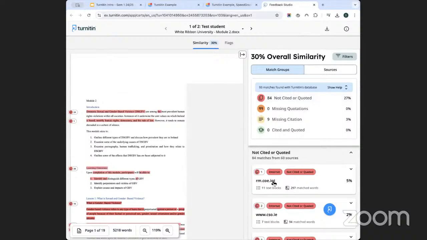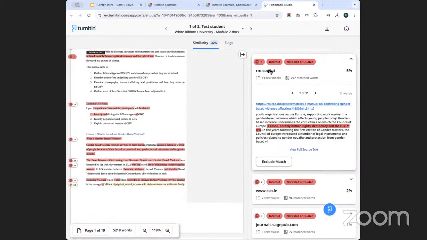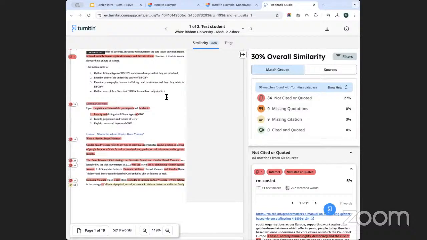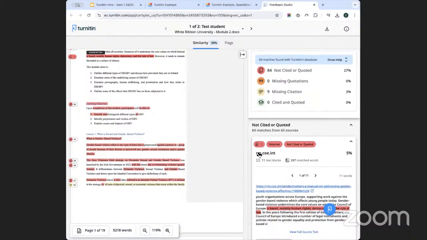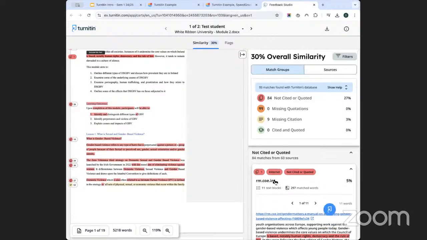What you might find as well, very often, is that I might have asked a student to write a report on a paper contained on rm.coe.int. So what that might mean is that Turnitin will show up a lot of material from this source as plagiarized material, but it might not be the case at all. It might be that I've asked the students to write a report on a publication on that space. So the student doing that will potentially show up quite a bit of material as plagiarized. So if I decide that, okay, I don't want anything from this source to be counted as plagiarized, because chances are it's not,